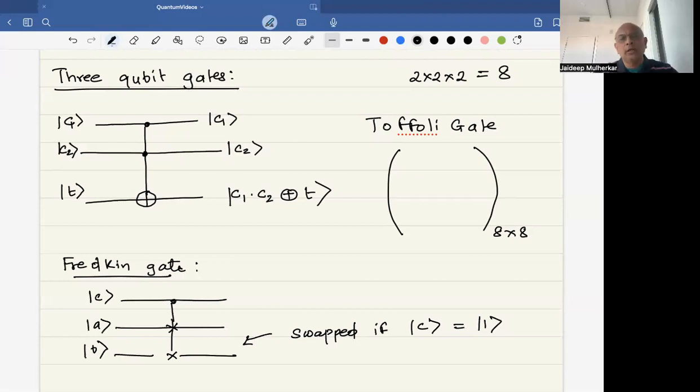Okay, so that's about quantum gates, but more than the gates, I think it's important to understand the concept of universality of quantum computation. In classical computation, we know that the NAND gates are universal for classical computation. I can write any classical circuit using NAND gates. So there is a similar